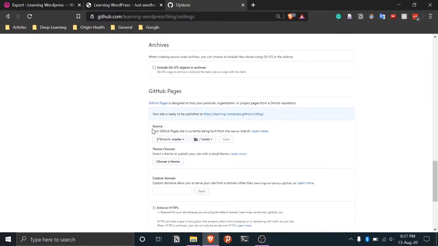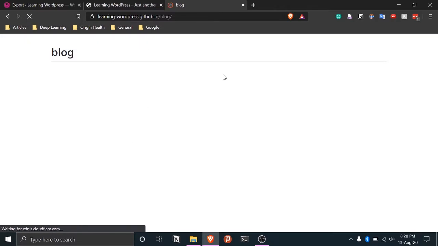Now it says that your site is ready to be published. So we have just activated GitHub Pages for this repository. It won't be showing right now; it will take a few moments before it starts to publish. If you click on this, it will take us there. Okay, so it has already started. You can see the only thing here is blog, which is the readme file. Since we don't have anything else, it's showing just the readme file. So now we'll update this the same way as we updated the home page.